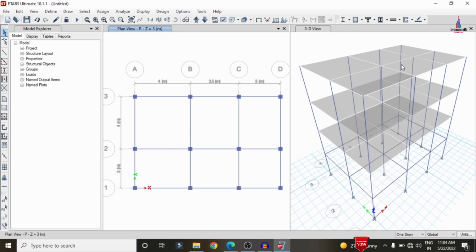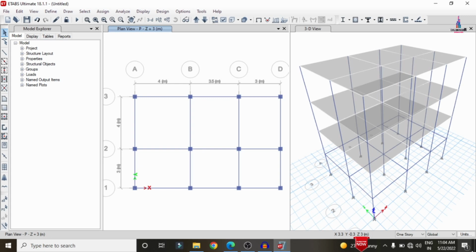So after the modeling process is done, for the respective building consideration, we need to apply the load cases. So till now we are done with the modeling process. Now we have to proceed with the load cases definition. For this building structure, I'm considering the load cases which come under only the gravitational loading condition systems. Okay, why? Because I'm assuming that this respective building will come under the zone 2 seismic condition,